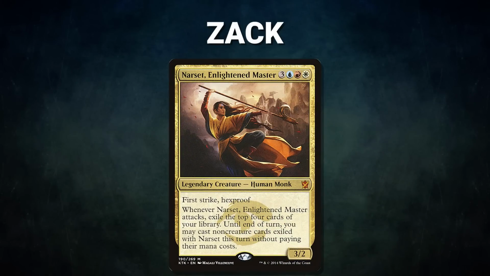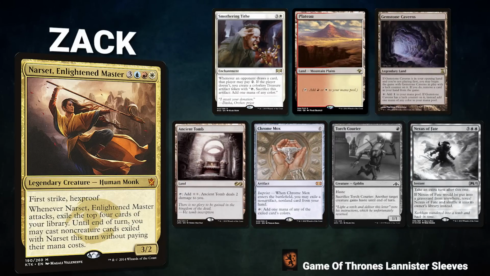Now, let's start off by showcasing our fighters this evening. First, we have ZACK piloting Narset Enlightened Master. This deck seeks to attack with its commander and chain extra turn or combat spells to eventually win the game. ZACK's opening hand contains Smothering Tithe, Plateau, Gemstone Caverns, Ancient Tomb, Chrome Mox, and his London Mulligans are Torch Courier